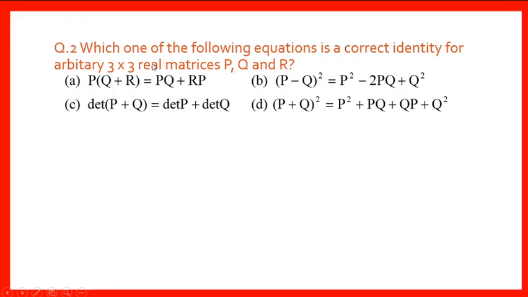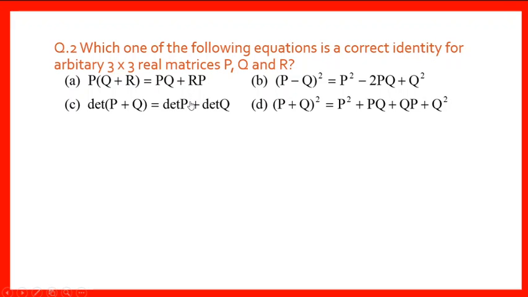Right. Now what is meant by a real matrix? A real matrix means a matrix in which the entries are real numbers. Okay. Now here choices are given. So we will go through each choice one by one. Obviously, we are finding the product of the matrices. So here we will use the concept of product of matrices as well as determinants. So we need the concept of determinant.